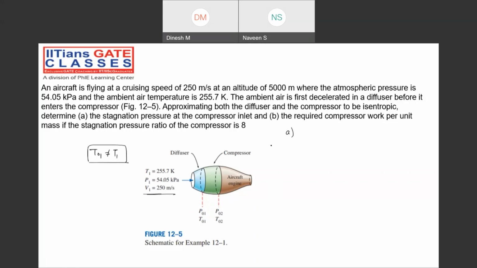Right. But here they have not given anything about those conditions. So what are we going to do? We are going to apply the steady flow energy equation. We are going to use the steady flow energy equation first of all. We can just write,